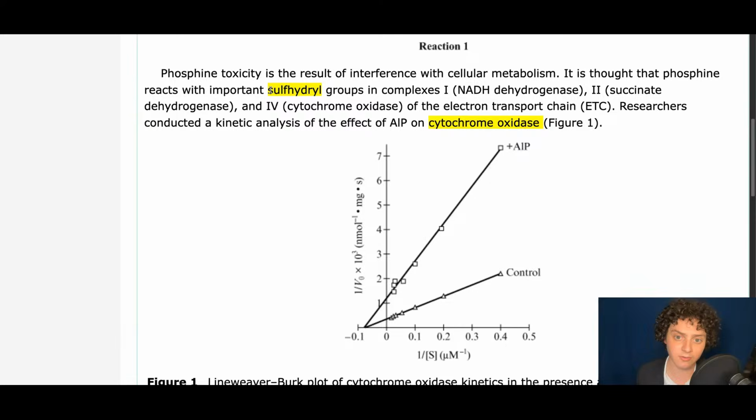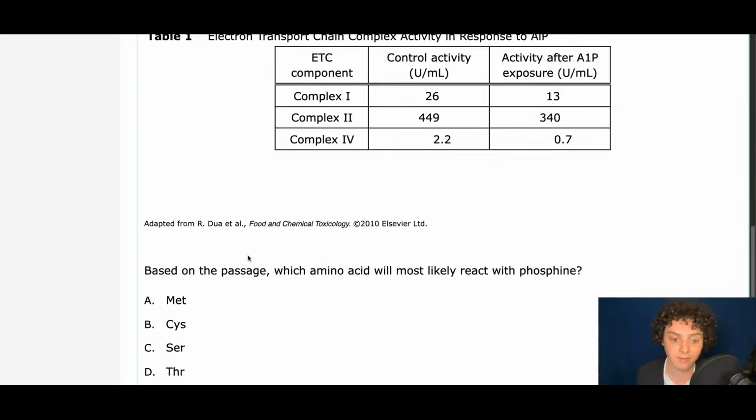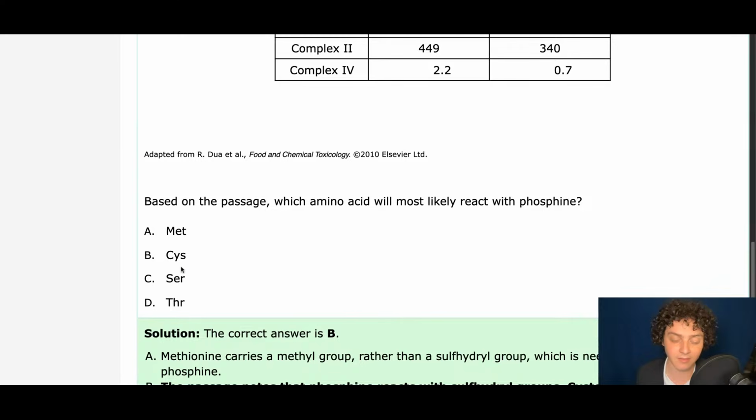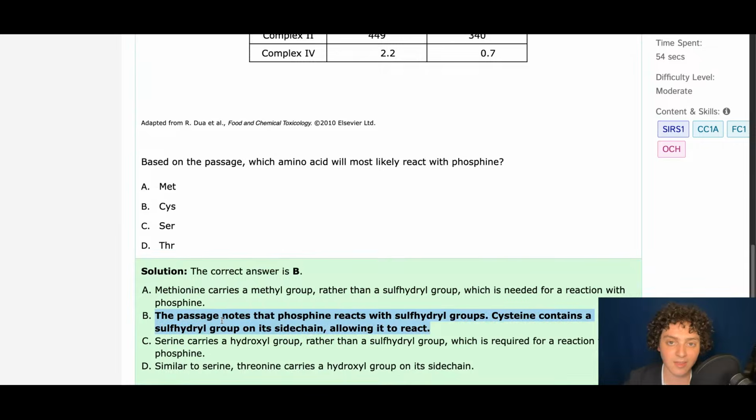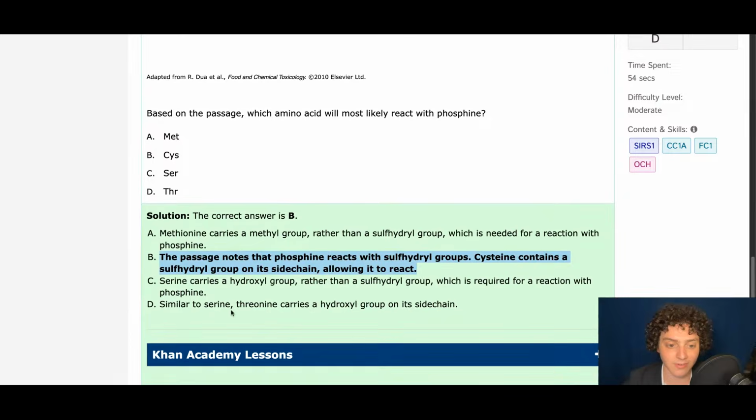So the sulfur hydryl group within these proteins is going to have to come from somewhere, and since it's a protein, that somewhere is an amino acid. So which amino acid has a sulfur hydryl group? That is cysteine. So let's find cysteine, and that is indeed the answer. Okay. So they probably explain it. Let's read the AAMC's explanation for this one because it's probably very straightforward.